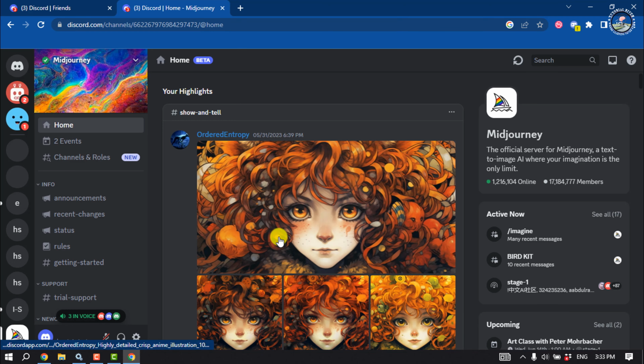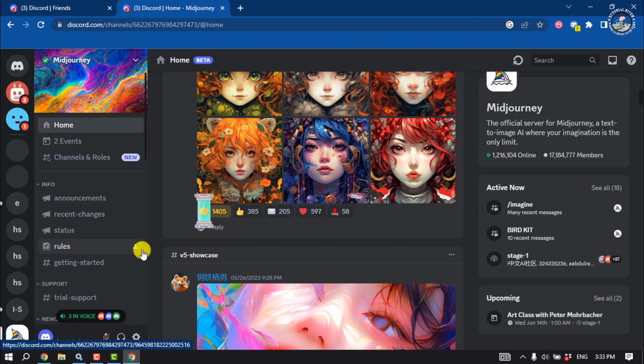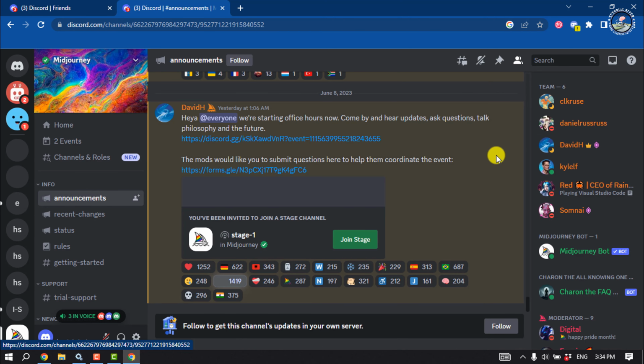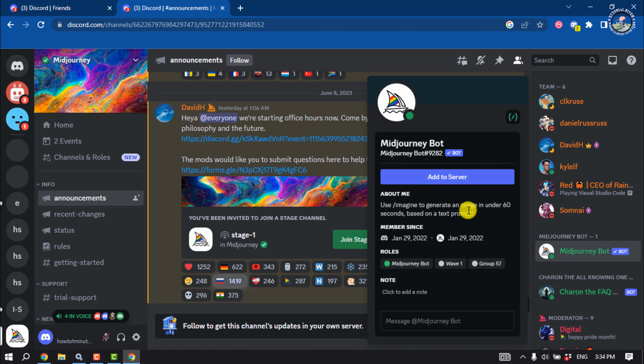Once you join the Midjourney official server, go to the announcements, and inside of the user list you will find the Midjourney bot. So click on Midjourney bot, add to server,